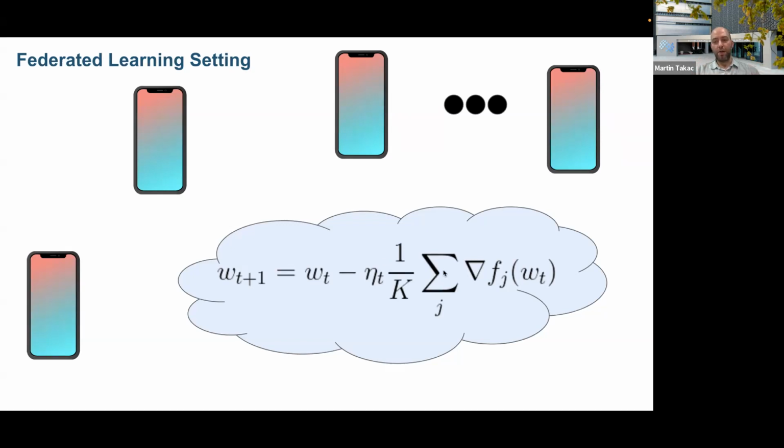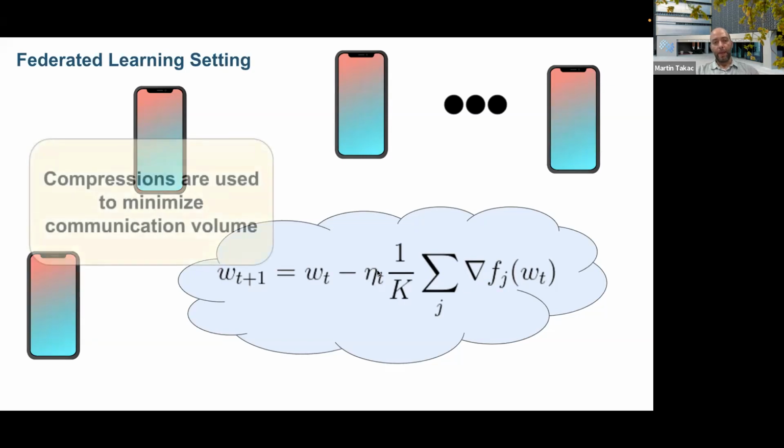Let's say if you have a convex problem, you compute the function deterministically, you can just choose a constant step size. Otherwise, maybe the step size has to be decreased over time. But actually, if you think about this setting, if the communication is so expensive, maybe you can use some kind of compression or quantization for those vectors, right? This can definitely decrease the amount of communication basically by a factor of 10.